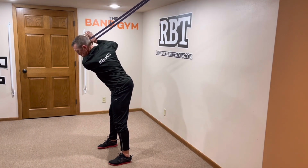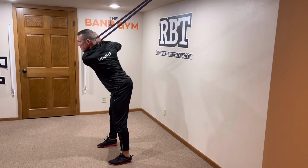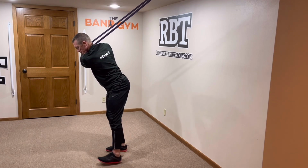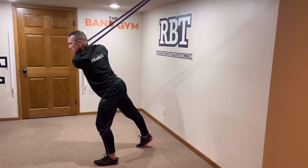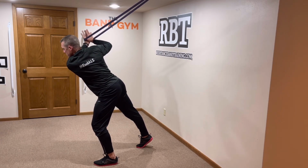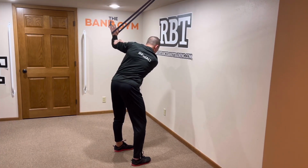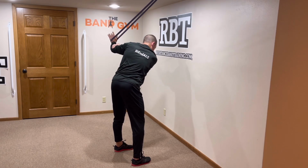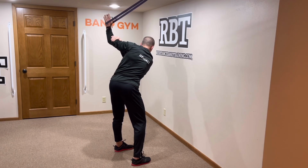Lastly, I'm going to flow directly into my rotational patterns, specifically my golf pattern, and work at creating overpressure into and through my thoracic spine while my shoulder girdle is also stretching out, similar to what would happen with a golf swing. The key thing here is make sure that your base of support is stable and that you are relaxing as you allow the band to take you into the full